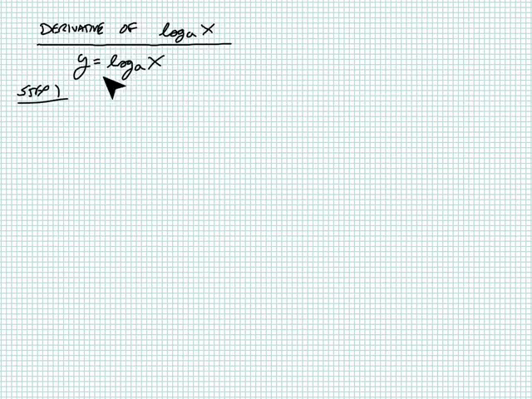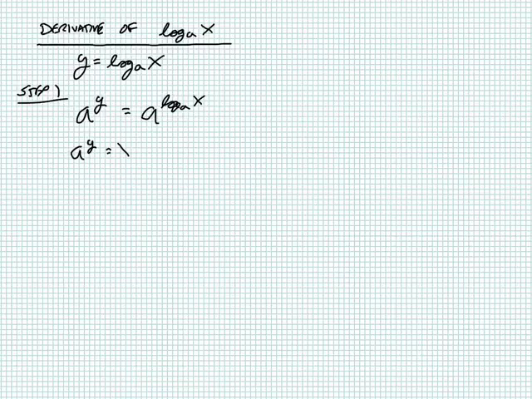So I'm going to take a to the power of both sides, undoing that log. That's a to the y is equal to a to the log-based a of x. And remember that a to the log-based a of anything is that thing,